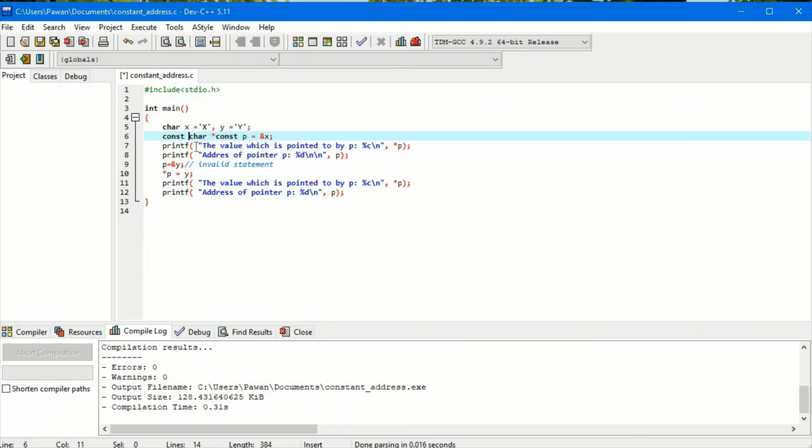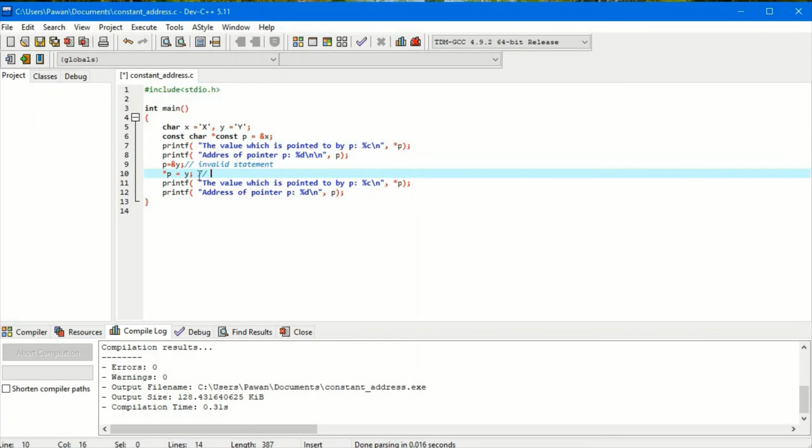So in this case both p equals to address of y and asterisk p equals to y are invalid statements. By executing this we will get the error, because here the pointer is also constant and the value is also constant.